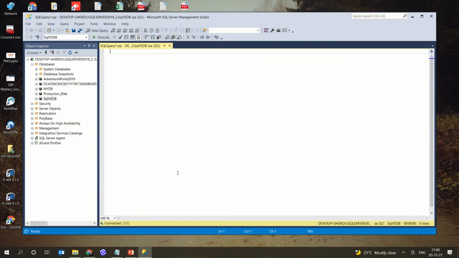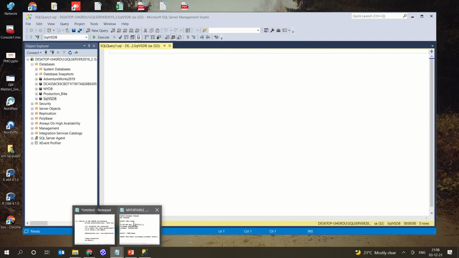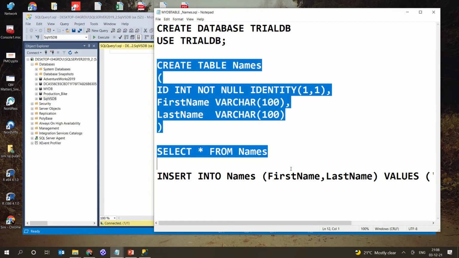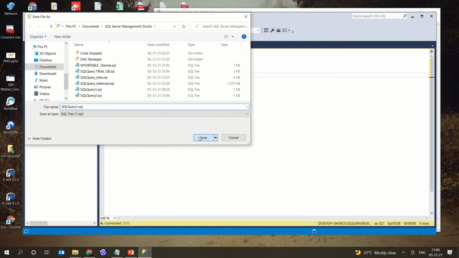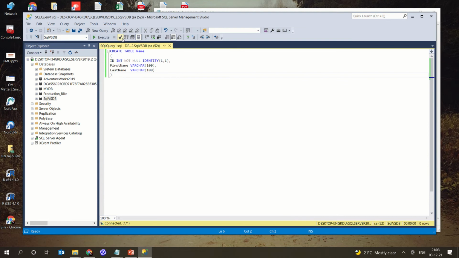It generates a new query editor, and in that I'm going to create a new table. The table name is simply name, so I'm just putting it as name. So a new table is going to be created, and I'm going to save this query. If you want to save this query, you can save it. And then I'm going to execute that. So the commands completed successfully. That means you are basically creating a table with two attributes. One is the first name and the second one is the last name.